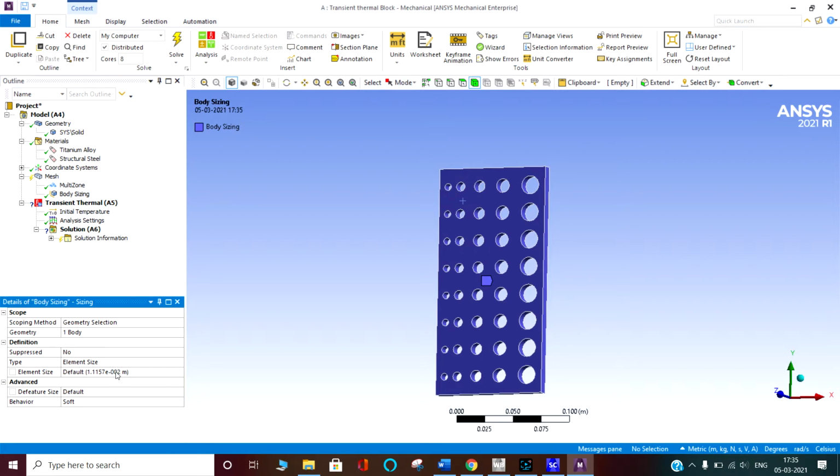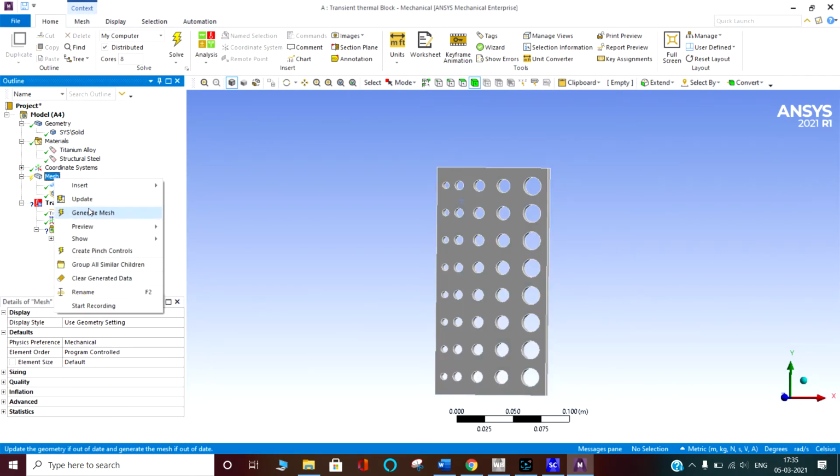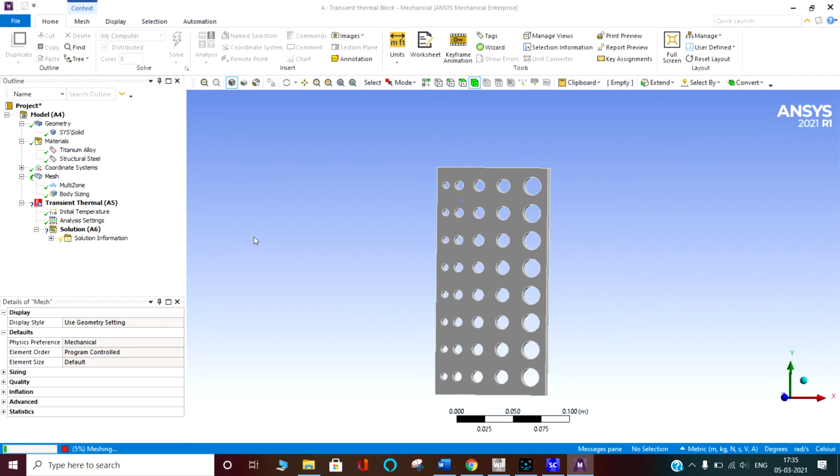So here I have given the element size, I am giving the element size 0.003. Generate mesh.